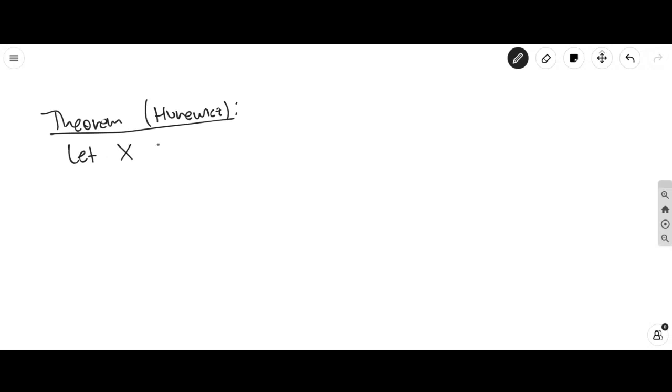Let X be path connected. I know that when we talked about covering spaces, we always assumed our spaces were path connected. When you talk about the homology groups, you do not need to assume that X is path connected, because as you saw on your homework assignment, the zeroth homology group counts the number of path components. So let X be path connected,